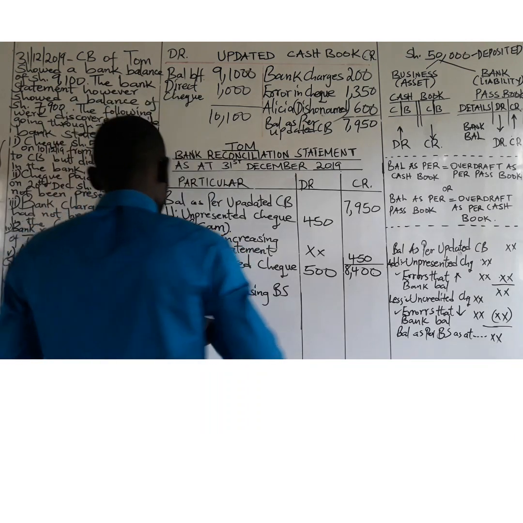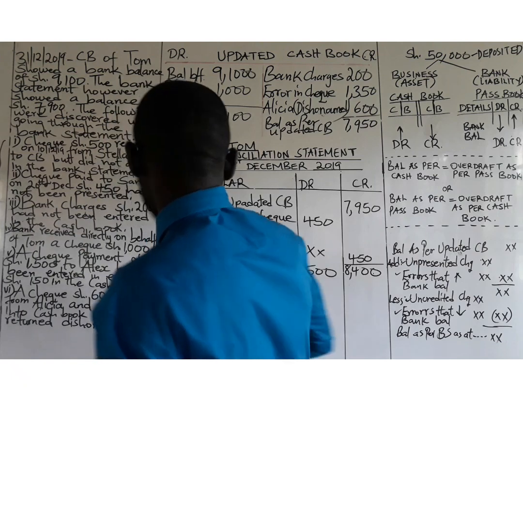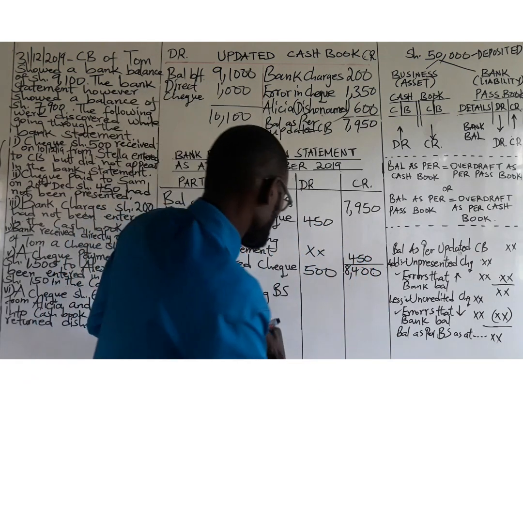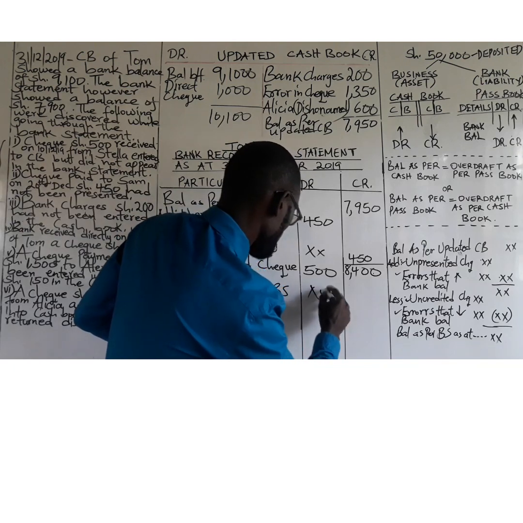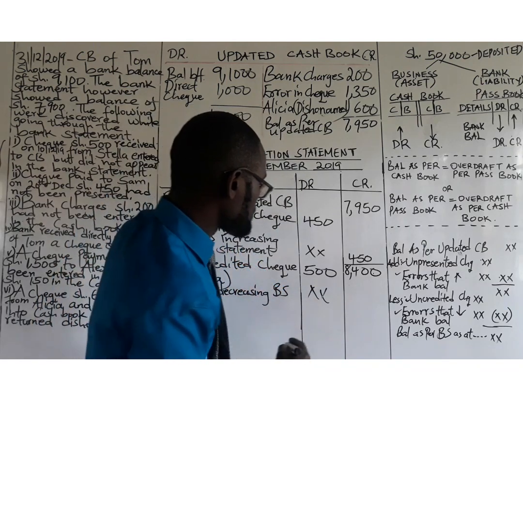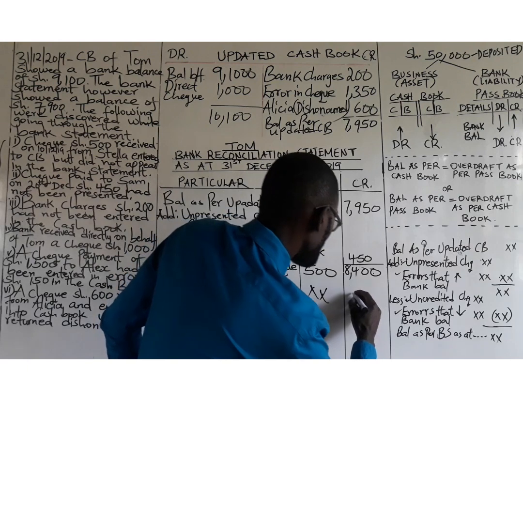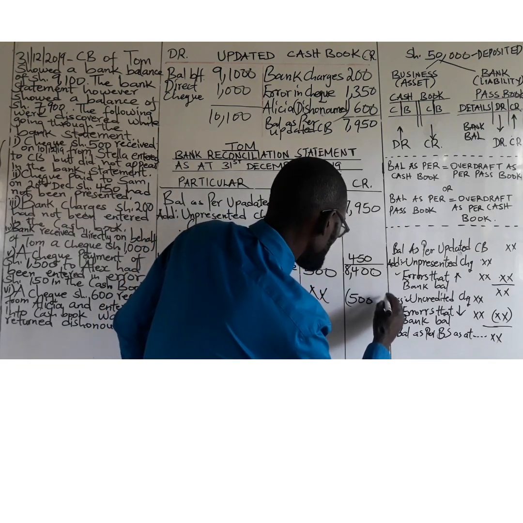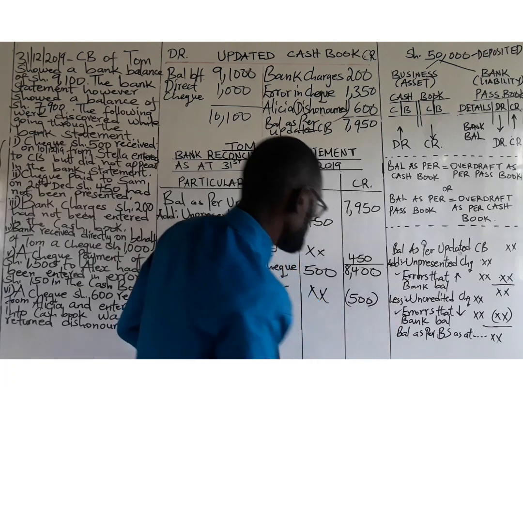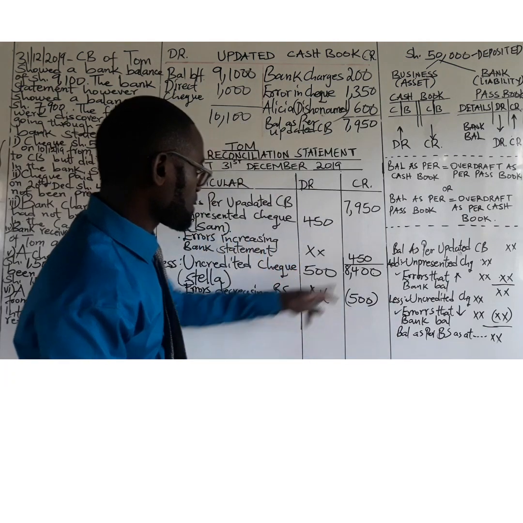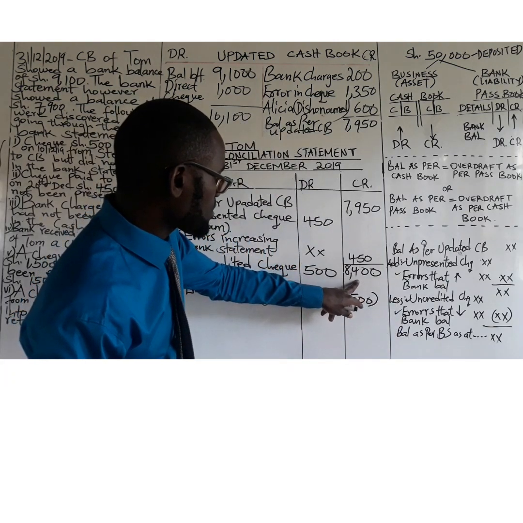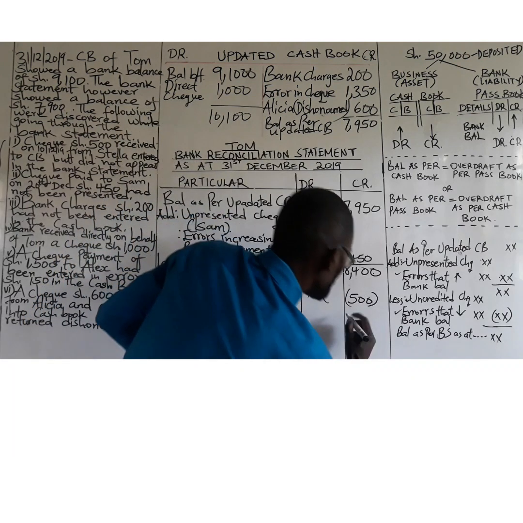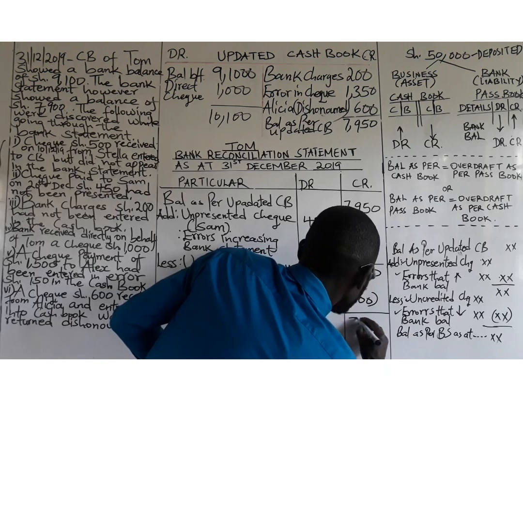In this case, we don't have any error, and for that matter, we only deal with this. If there's any, you will put the values. So we have 500. When you less it, 8,400 minus 500 is supposed to be